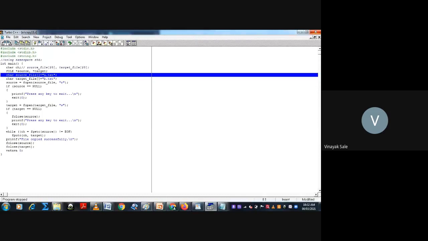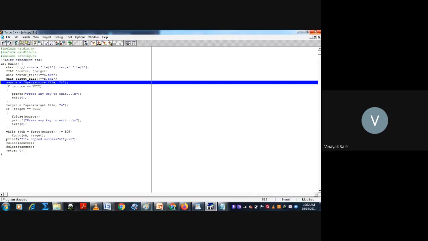The source file is declared here as a.txt, then the target file is declared as b.txt. Next, source is equal to fopen source file comma "r" for reading the contents from the source file.